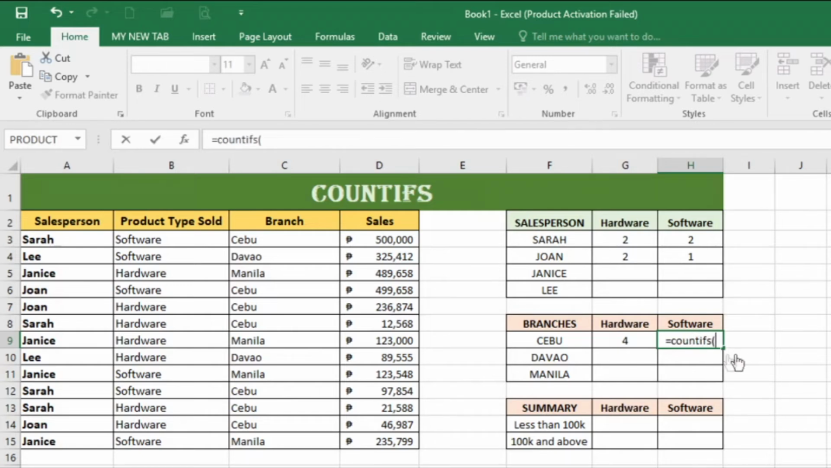Open parenthesis. The criteria range 1 is still the same, the branches column. So C3 through C15. So within this range, we're looking for the criteria Cebu. We're still under the row Cebu. Double quote, comma. Criteria range 2, the criteria range for the product type, B3 to B15, comma. Then the criteria we're looking for under this column now is software. Closing double quote, closing